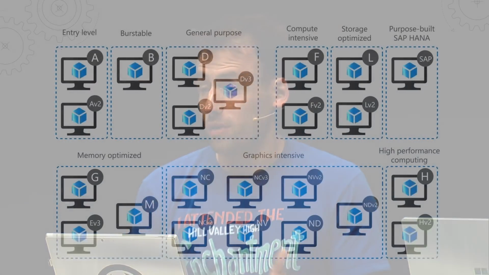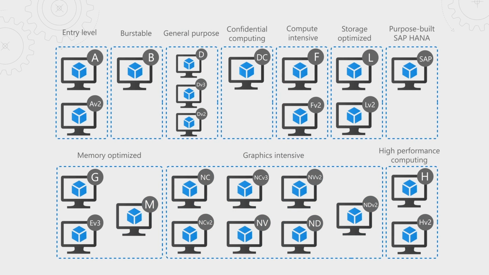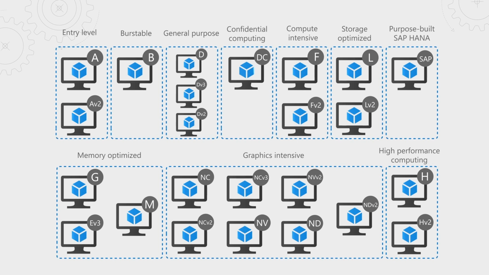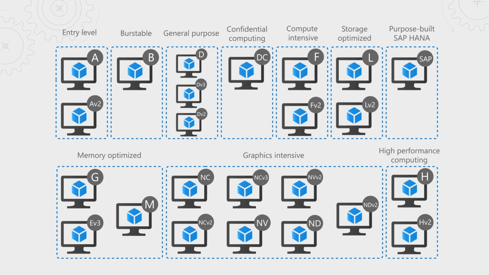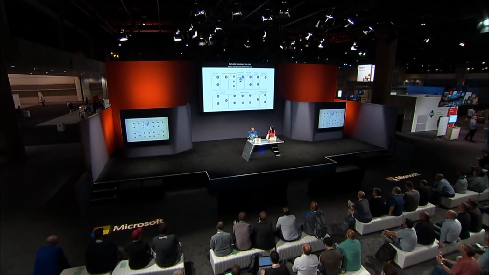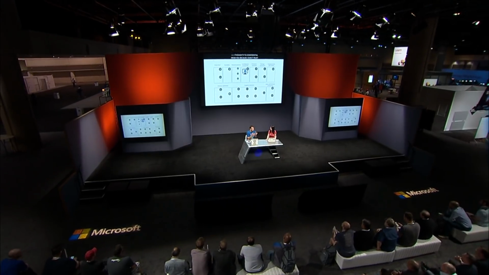In fact, we just added this really, really cool SKU called Confidential Computing, or the DC series. This allows you to keep your data and what you're running inside the CPU itself secure and protected and confidential, even from Azure and me. So, in addition to keeping things confidential, we are also looking to always expand our storage options and give you faster and faster storage. And the recent announcement that we made this week, Ultra SSD. Ultra. That's better than Premium, just to be clear. Okay. If you were wondering, Ultra's higher than...